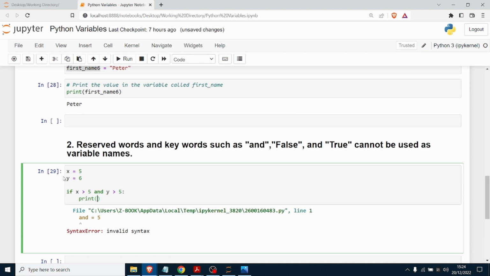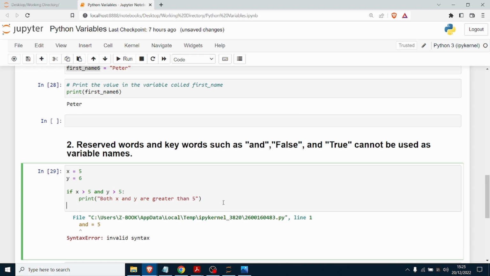So we'll print a string: both x and y are greater than 5. Then you can say else